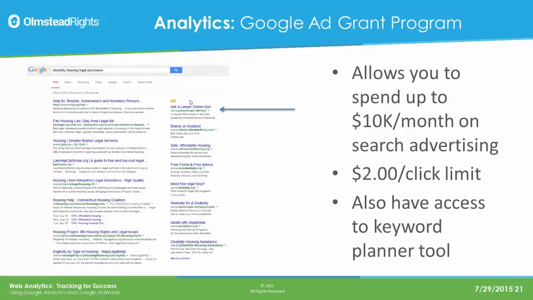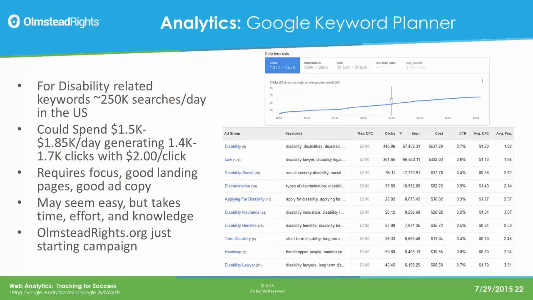So the ads will get you here. Ideally, if your site is well constructed, kind of as Tally was talking about with Olmstead rights, you will end up showing up here in the free organic searches, and that's the organic side versus the ad side. Google Grant will help you on the ad side and help you build the brand awareness.